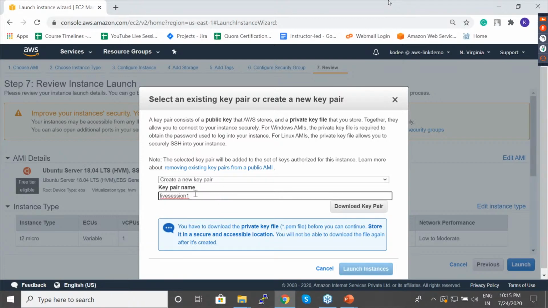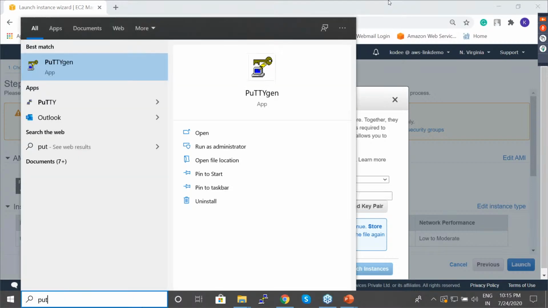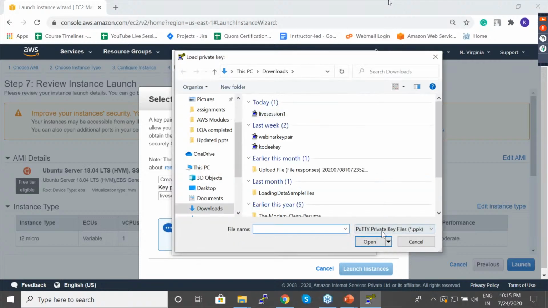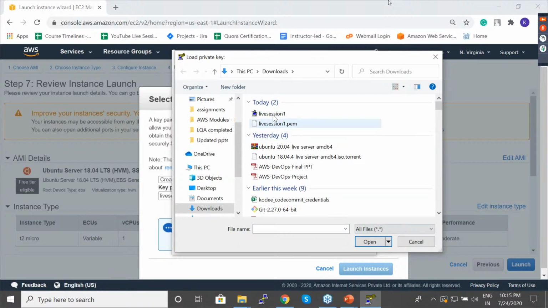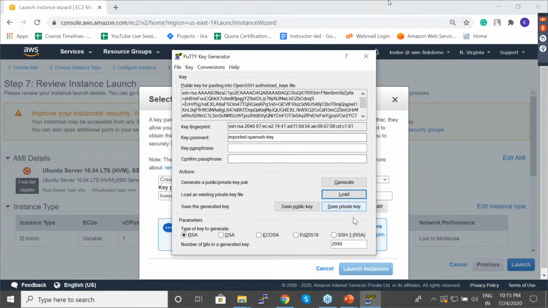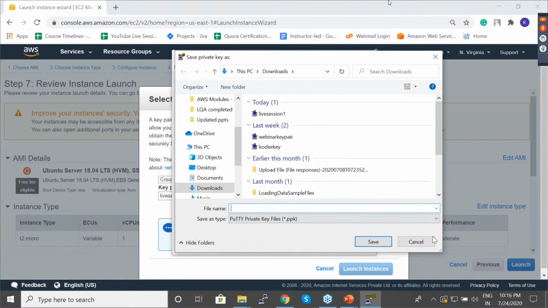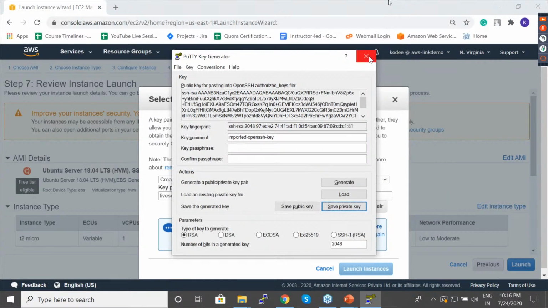So if you want to create a new key pair, choose this, give it a name, download the key pair, open PuTTYgen, load the .pem file over here. So you will get a .pem file like this. Open that. Once you've opened it, you'll just have to click on save, give it a name and save it, and that's it. You will get your .ppk file.